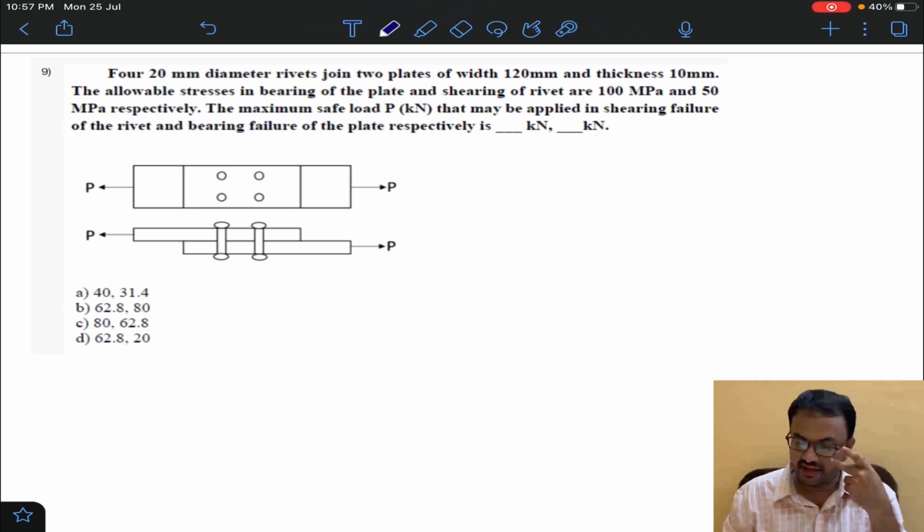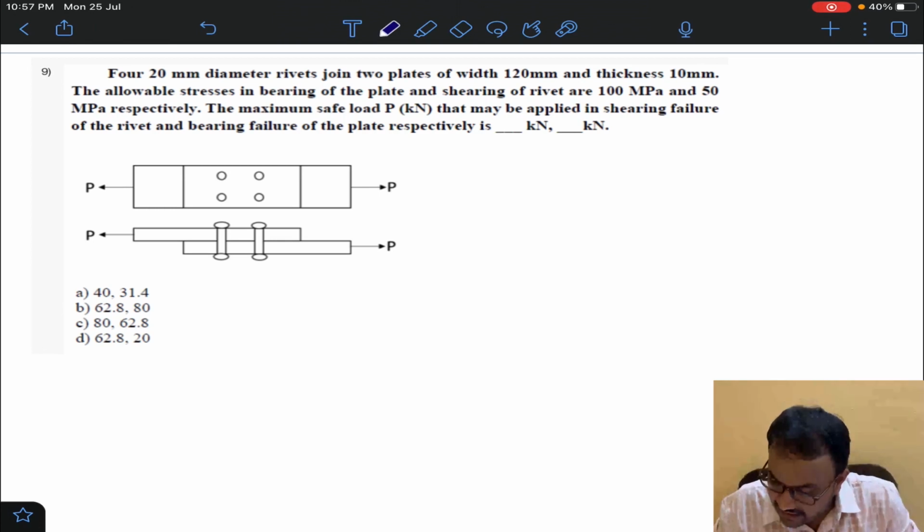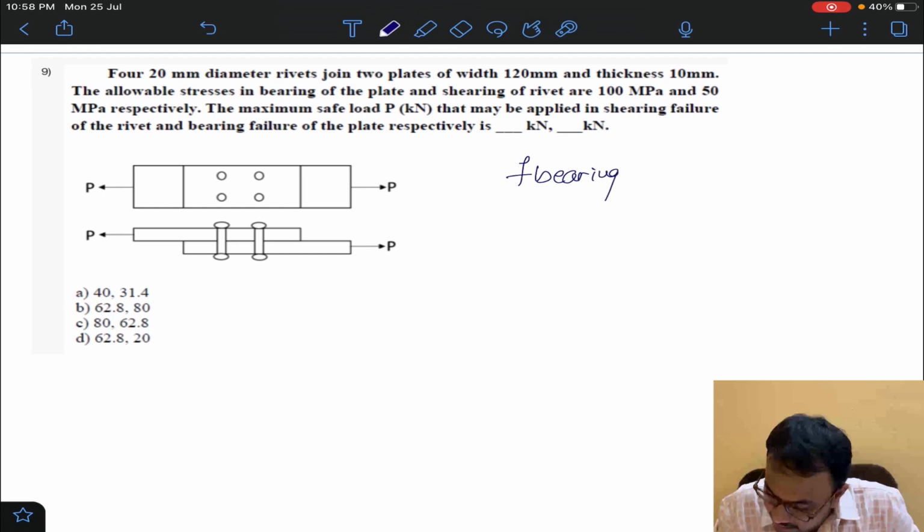It is 20 mm. And what is the width of the plate? It is 120 mm and thickness is 10 mm. The allowable stress in bearing is 100 MPa. Allowable stress in shearing, he has given 50 MPa